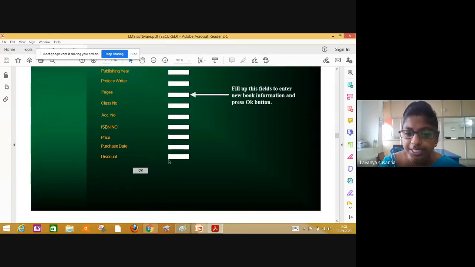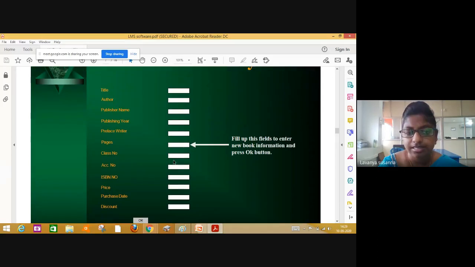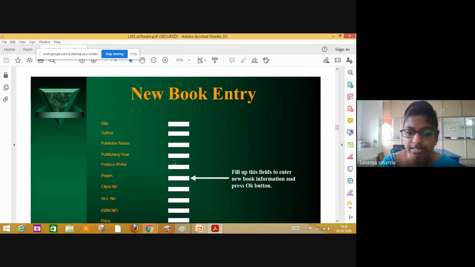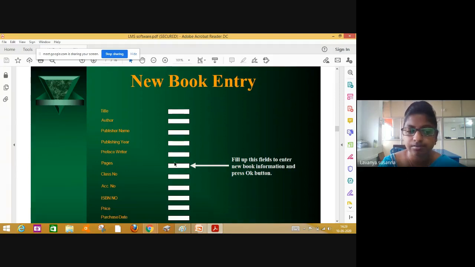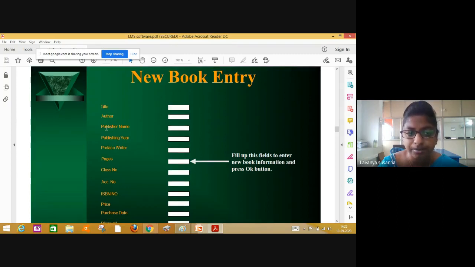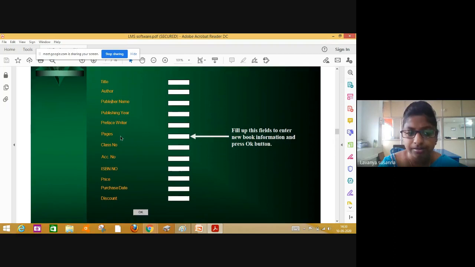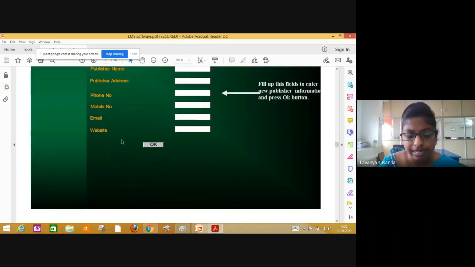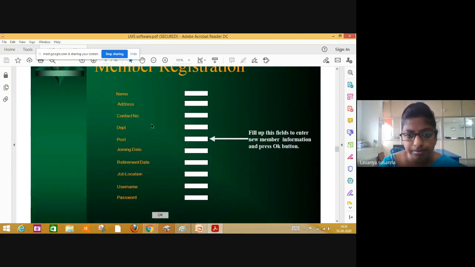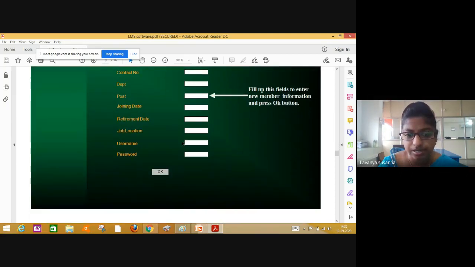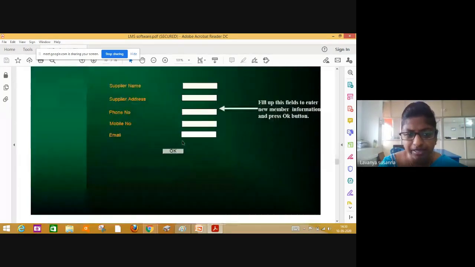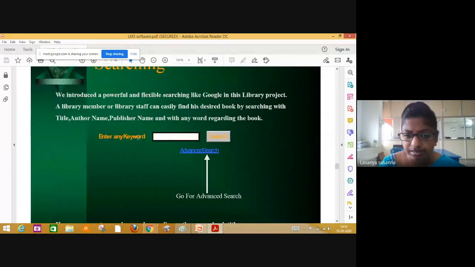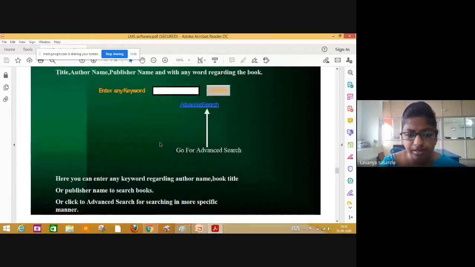If you want to purchase, you can purchase. Okay, the system will be like this. First, you need to know about the system, how it looks, who will operate, what are the operations, and these become attributes: title, author, purchase, publisher name, publishing year, all these things. Like this. Member registration, you can register, right? Information like this. System will be in this way. If you want to search, you can search. See, in this way.